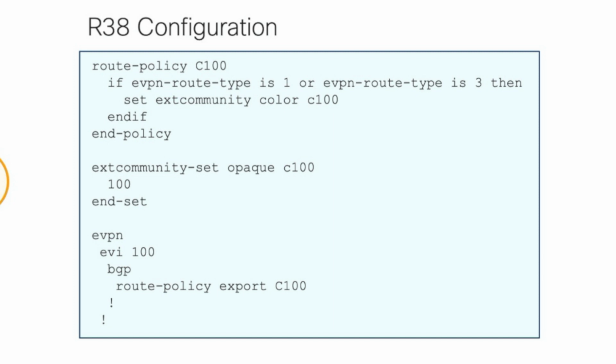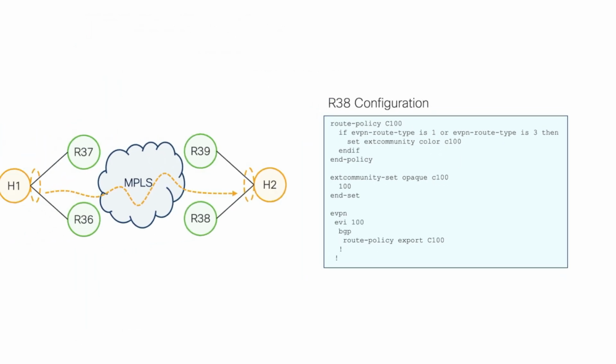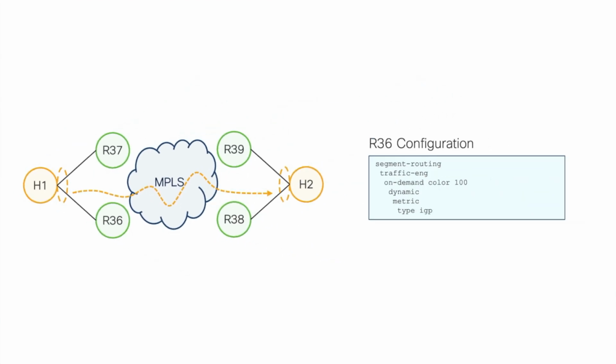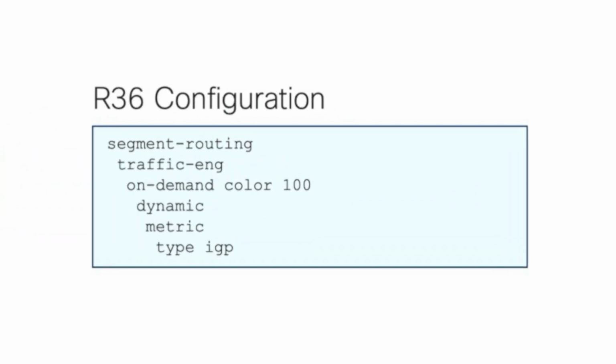Then I have an extended community color where I decided to use the value 100, and then there is only a route policy export, basically attaching the route policy to the exporting over the BGP. Then on the left side, you can see very simple configuration for the segment routing. You can see that I have on-demand color 100, and I just specify what I want to get from the